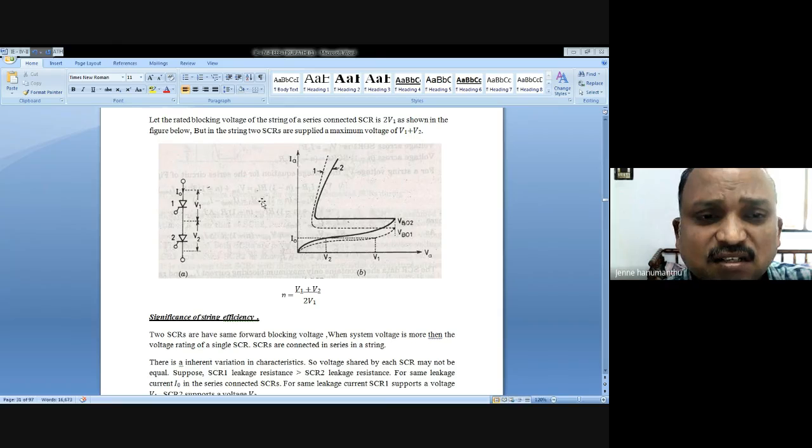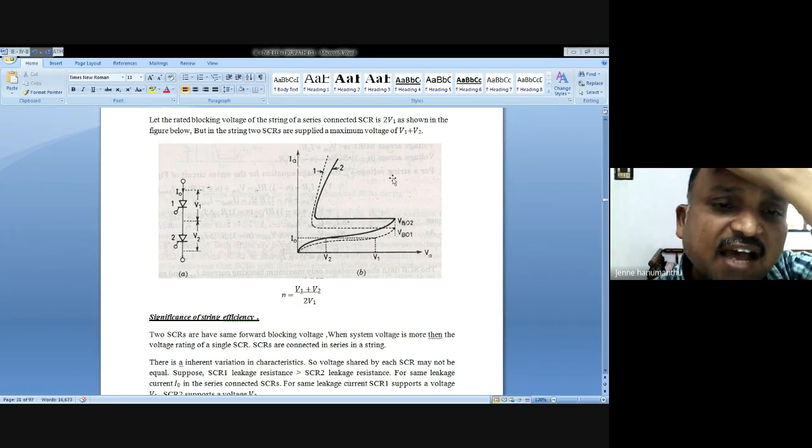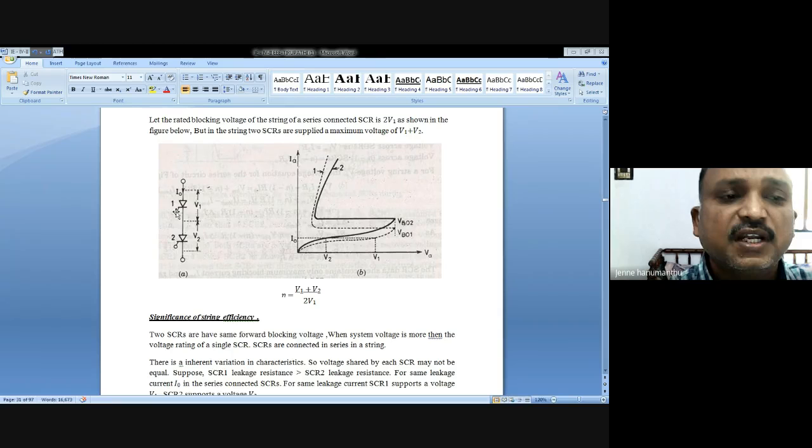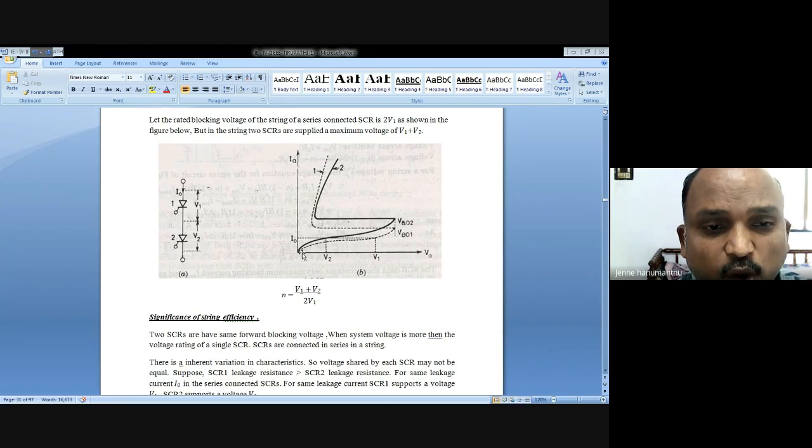See the CAD6, the graph. This graph describes that thyristors which are selected for series operation are not equal. How do you say they are not equal? We can easily say that by drawing the graph. See the graph. Say the dotted line is for thyristor 1 characteristics. The solid line graph is for thyristor 2.